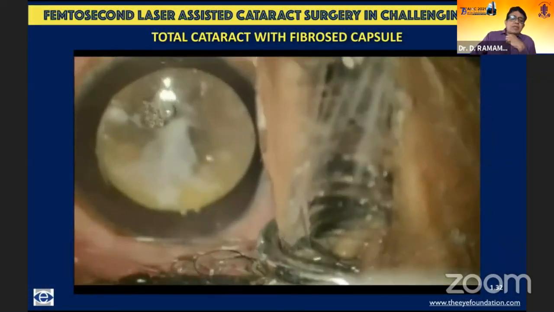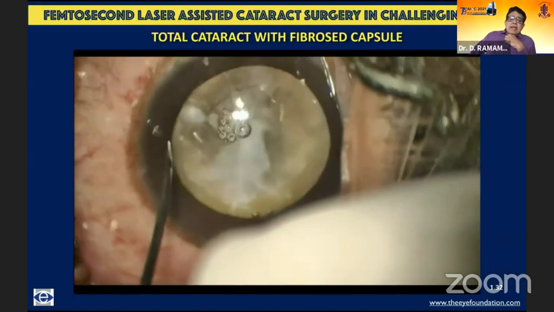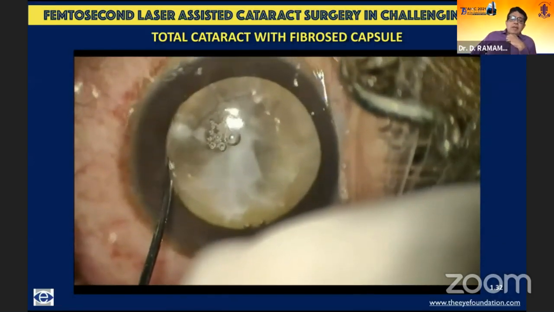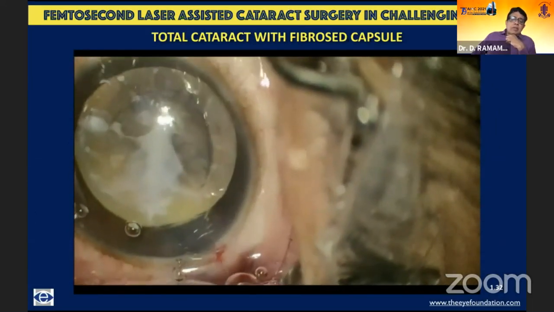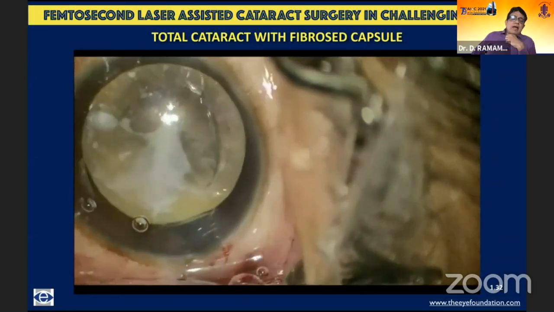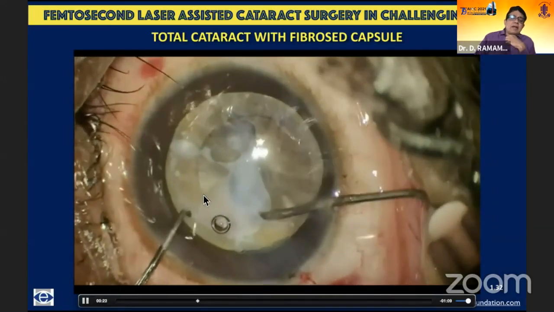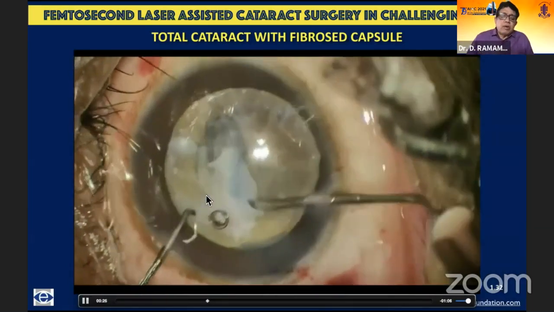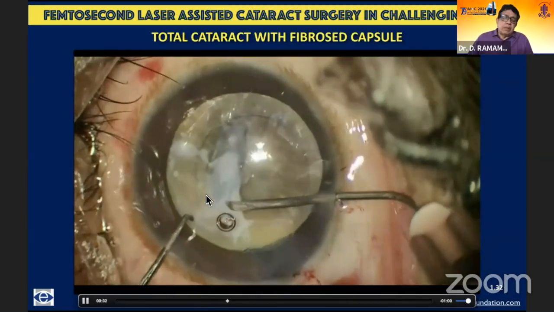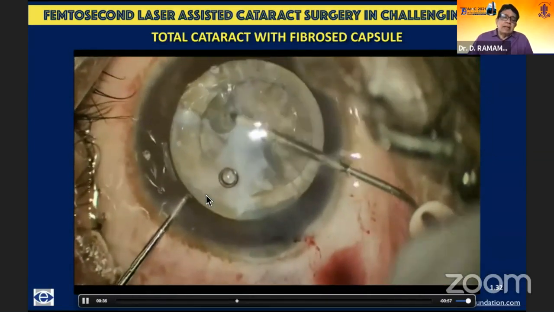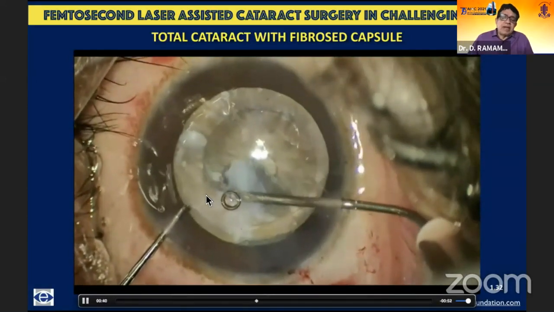A more severe situation like this, where you can see that this cataract again has been there with the patient for many years. The capsule is totally fibrotic. And here I'm opening up the arcuate incisions that have been made right in the beginning. That takes care of some amount of astigmatism also. And here again, for the rhexis, all we have is a template. What you have over here is an extremely thick area, and there's no way this can be cut with the laser. So basically, what we are not able to achieve with a $500,000 machine, we are going to be achieving with a 500 rupee scissors. But having said that, the laser platform has given us an extremely precise template for creation of the rhexis.